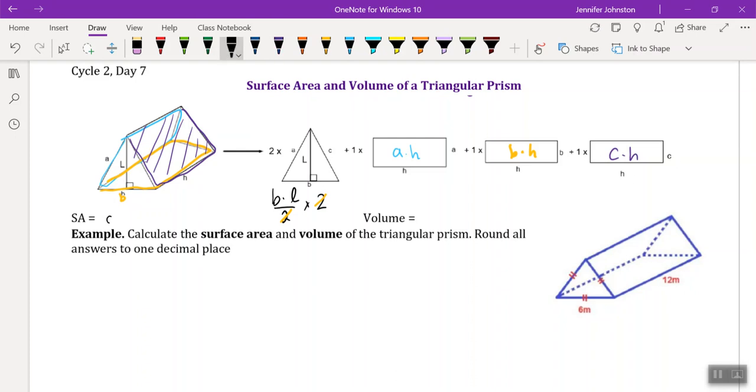It has an A times an H for one of the sides, plus a B times an H for the other side, and plus a C times an H for the other side. So we've got the 3 sides, and then why is it plus BL? That's our formula. Because there's 2 triangles. If one triangle is base times height divided by 2, or base times, they're calling it L in this case, that means if we times it by